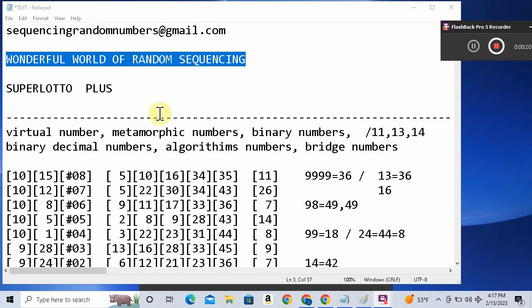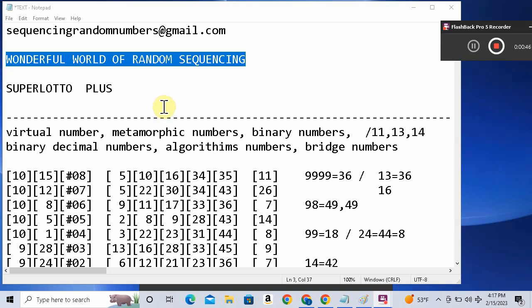I do analysis on Lotto, and I do analysis on roulette. If you happen to have any spins that you want to analyze on roulette, I could do that too. I'd like to get some of those numbers so I could analyze. I like getting them with time sequences too. So in other words, whenever those spins occur on roulette, I like to know the time because I like doing